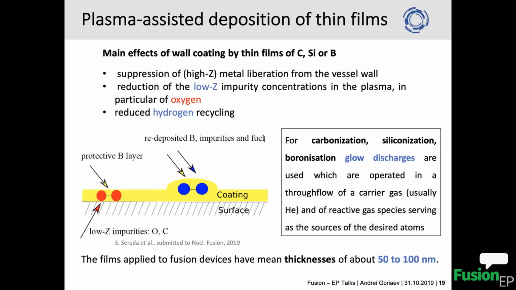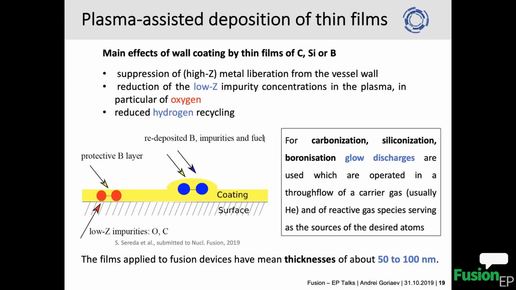So we finished with plasma-based wall conditioning techniques, and the next and last step here is to discuss thin film deposition. Besides glow discharge, besides baking, and maybe some other specific wall conditioning based on the two previous techniques,